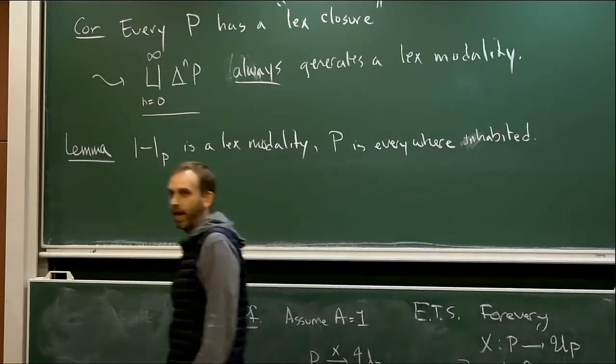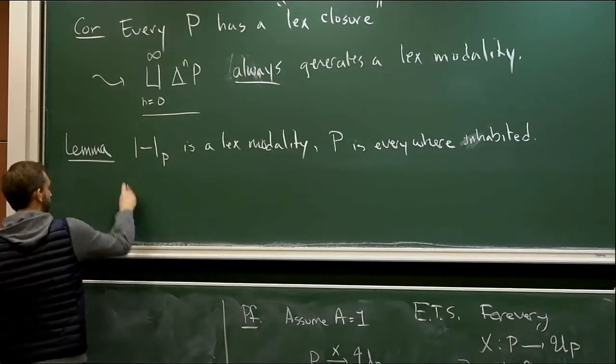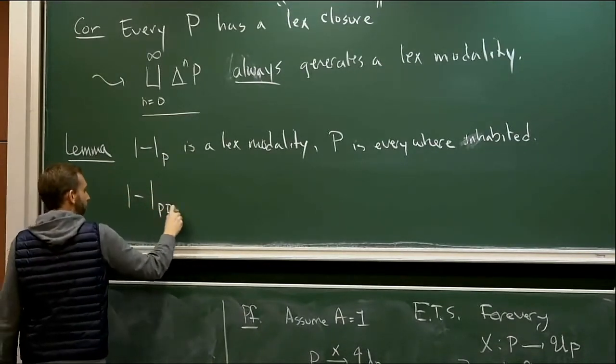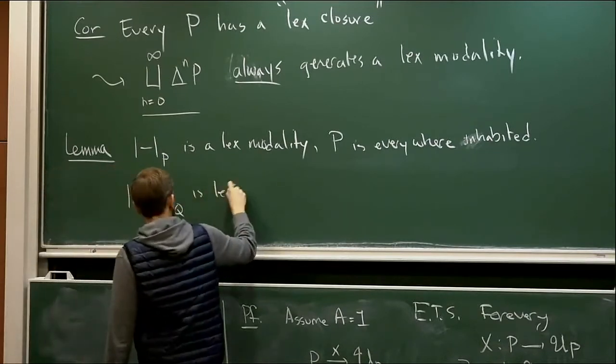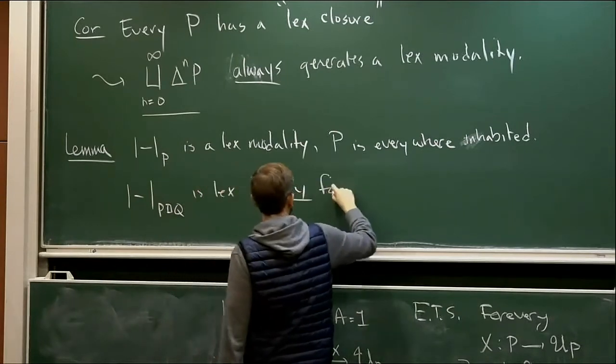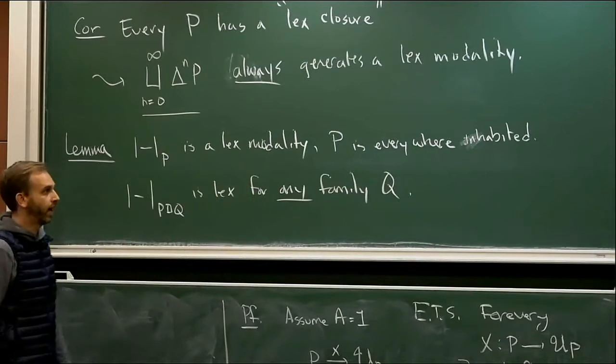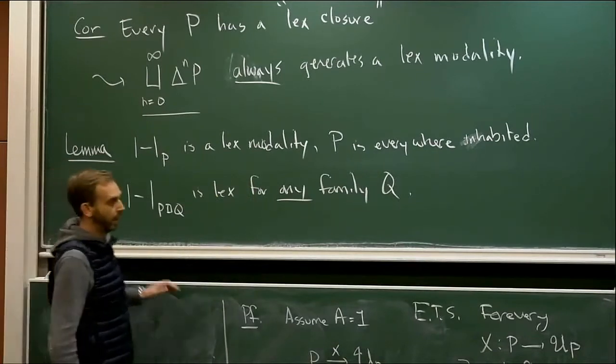So if I have a Lex modality and the generator is everywhere inhabited, then P box Q is Lex for any family Q. So if I have this extra condition, then